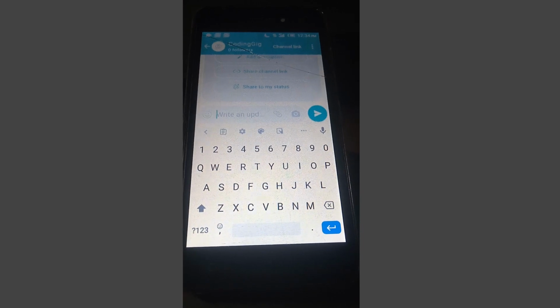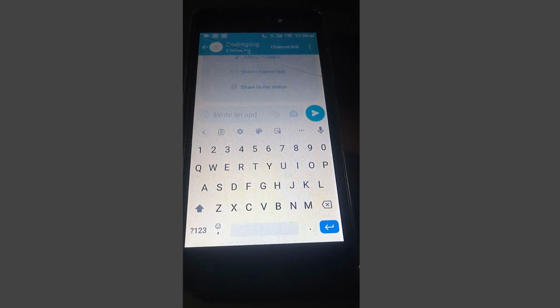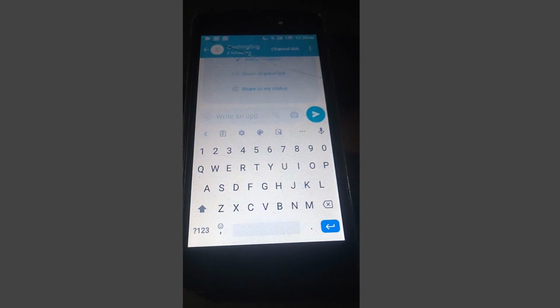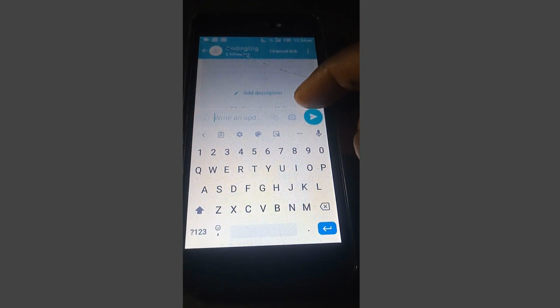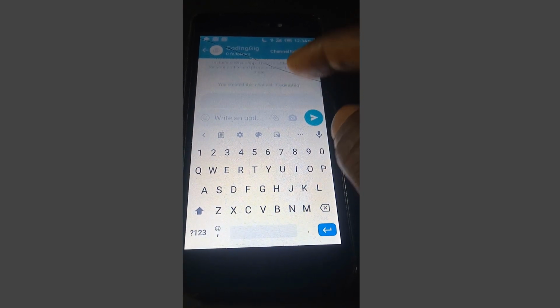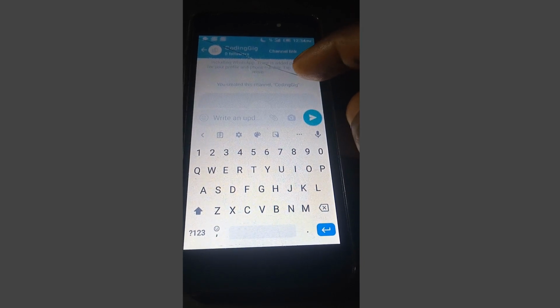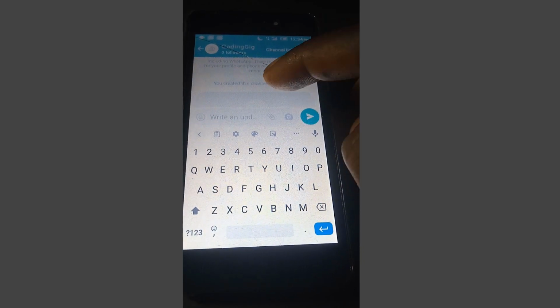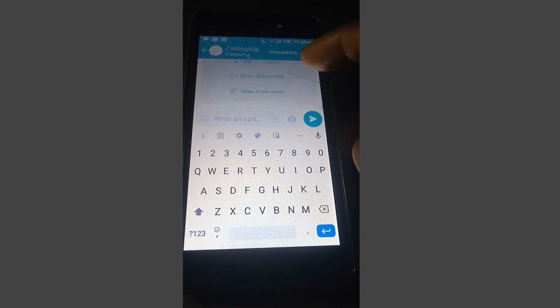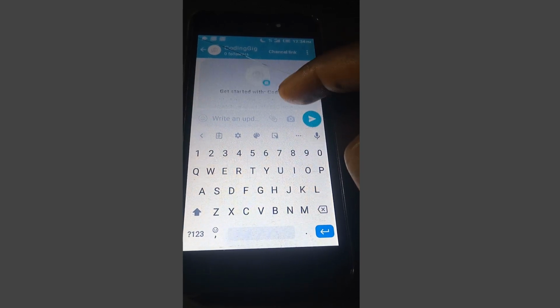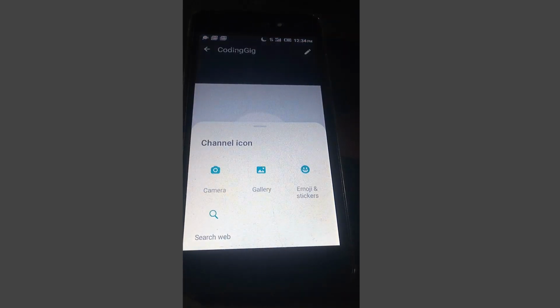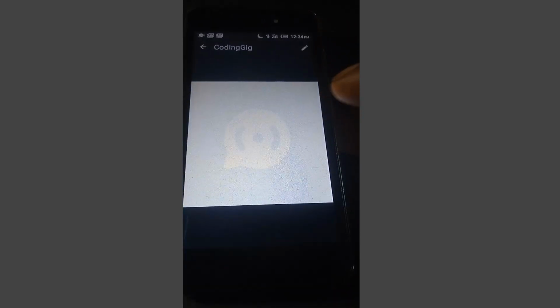And as you can see, pretty soon that channel has been created. Okay, so if you want to grab the link, you can grab that. So scroll to the top. That's going to tell you quite a few things about the channel that you just created. They say that you created a channel called coding gig, and you can put a picture in here if you want. So let me try to select a picture,